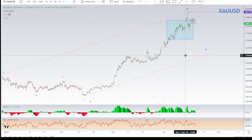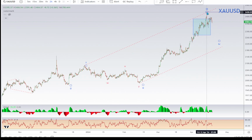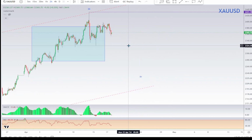There's got to be a 4, because I don't see that top being the end of it. So this is 1 and 2. We only have 3 waves up, and we need more waves. So I'd only wait for a pullback. At a minimum, I'd only buy under